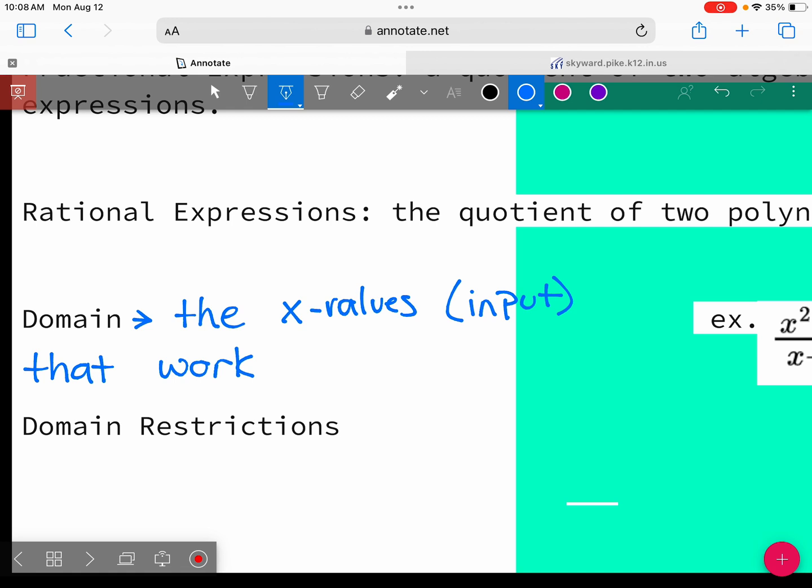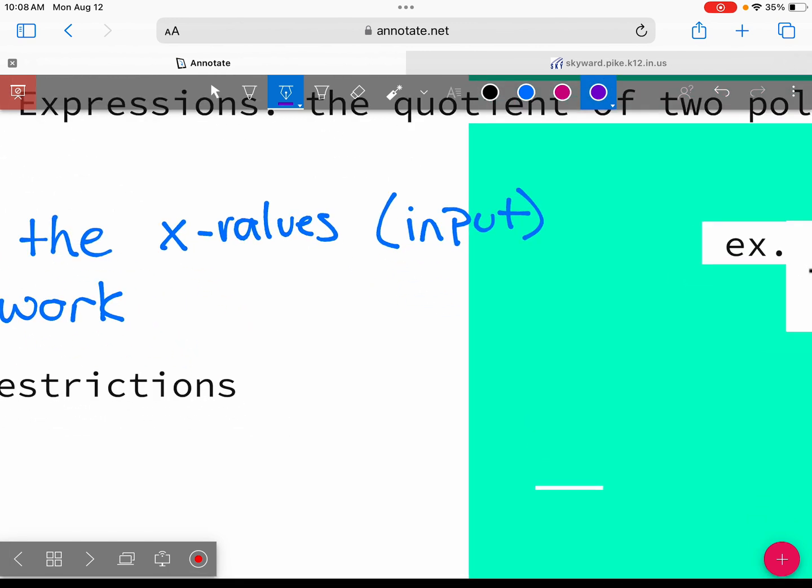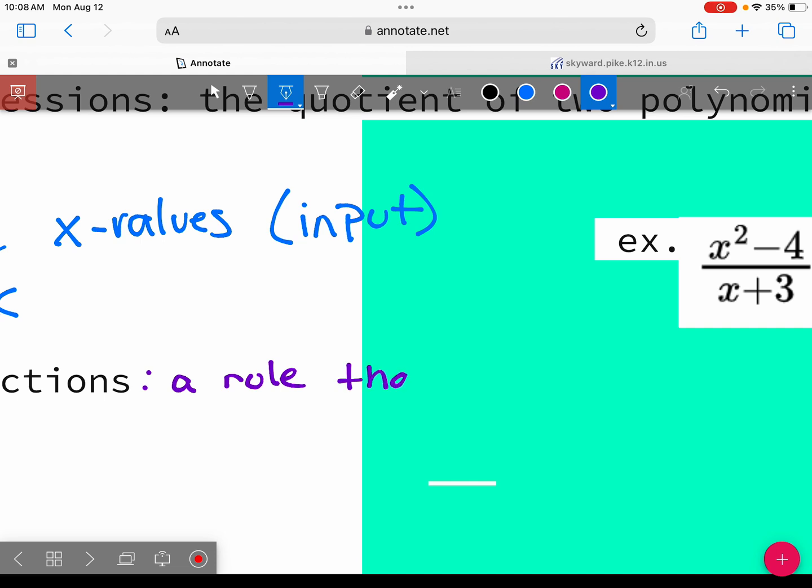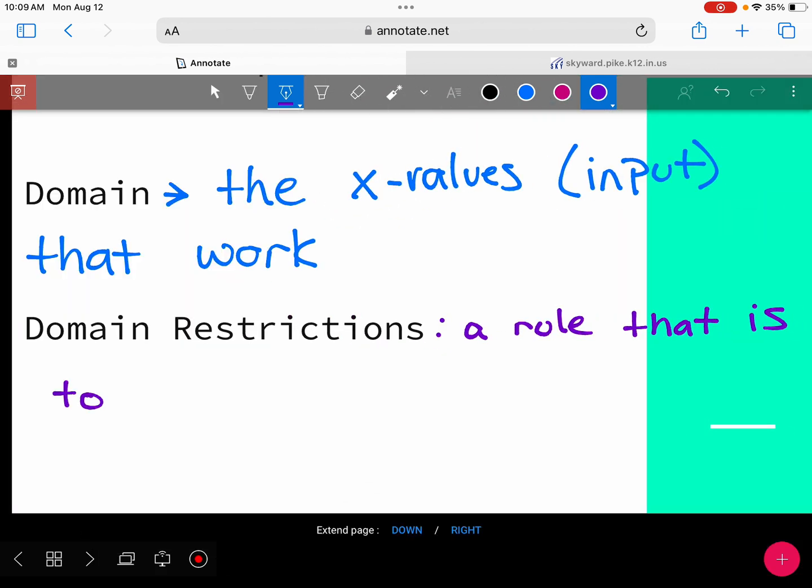In rational expressions and rational functions, we are going to have something called a domain restriction, which we have already actually seen this year. That was when our absolute values thing with the x has to be greater than 3 or y has to be less than 7, whatever those are. That's a domain restriction. And what it is, it's a rule that is stated that puts a limitation on your domain. So a domain restriction is a rule that is stated to make sure